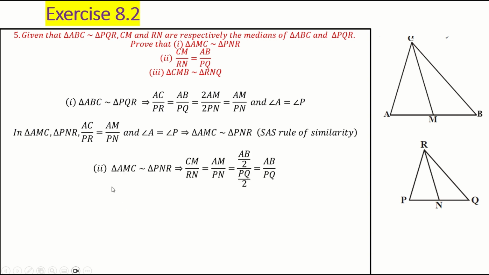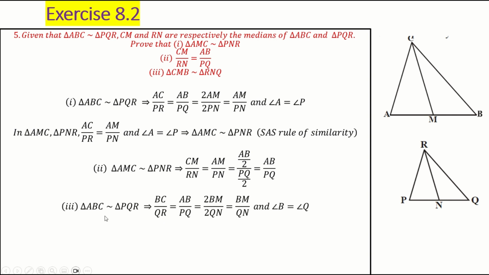Now once we prove that triangle AMC is similar to triangle PNR, which means CM by RN is equal to AM by PN, correct? So AM is nothing but AB by 2, and PN is nothing but PQ by 2. So that means the same ratio, CM by RN is equal to AB by PQ, which is the second question, right? Now third,